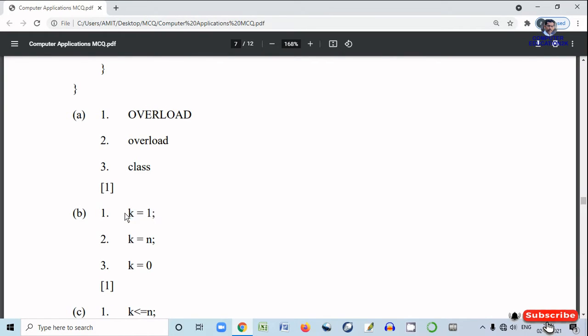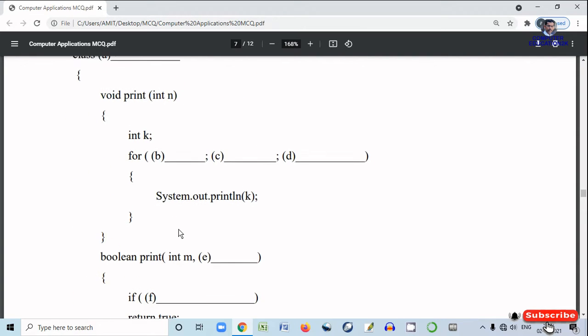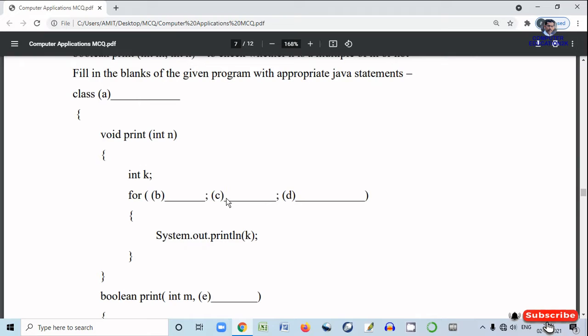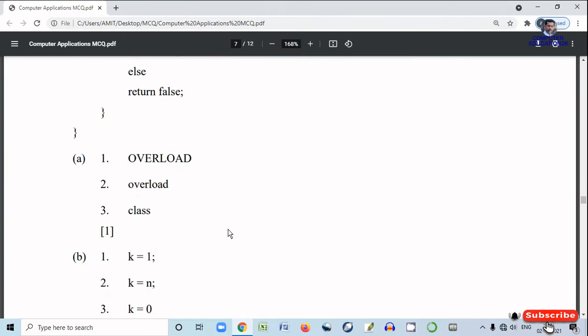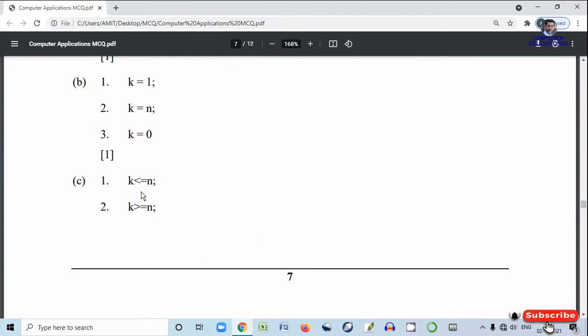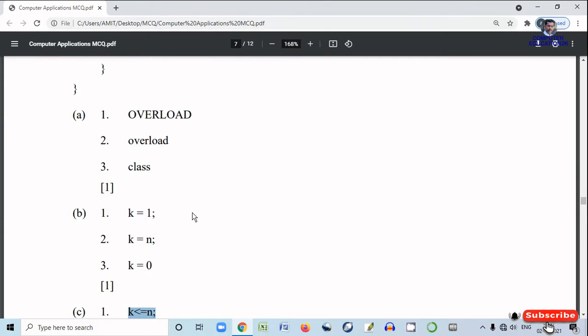This is the answer for blank B, k = 1. And in C you have to print natural numbers till n, so it will be k less than or equal to n. So in C it will be part 1, k <= n.